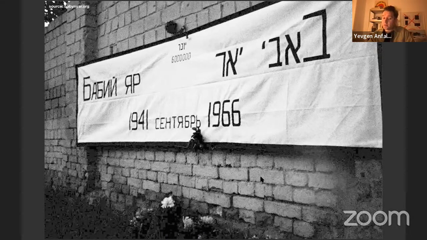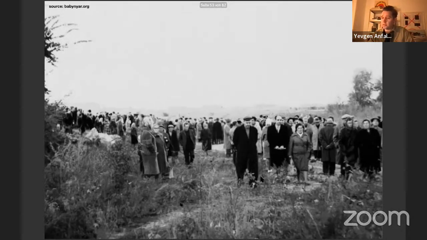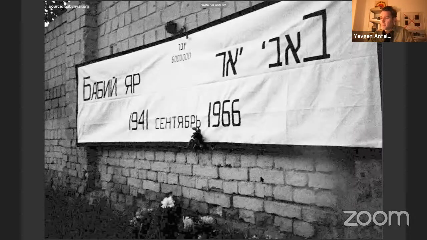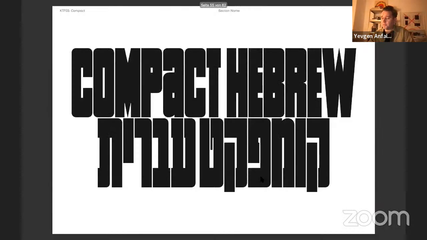and even though it was forbidden, they gathered, and this meeting was closed down by the KGB, but there is evidence that it happened, and ever since there have been people writing about it, and people fighting for justice to come, and finally this justice came after Ukraine became independent in 1991, when the official monument was then erected, and